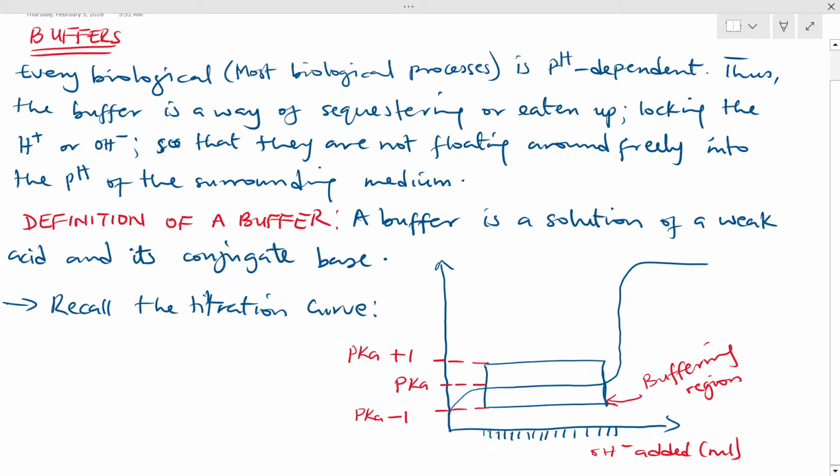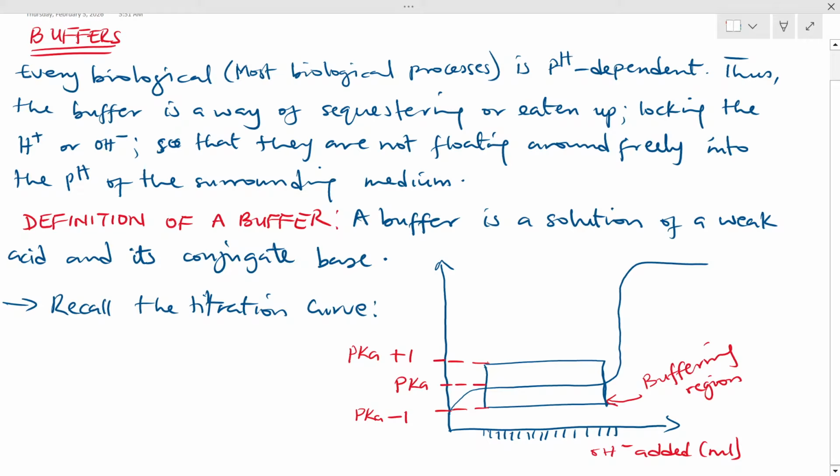Then we recall again the titration curve which we just saw. And this time we are relating this titration curve to buffers. And we said that this flat region here of the titration curve is referred to as what? The buffering region. Alright, and